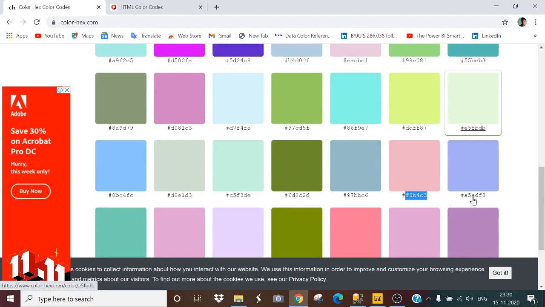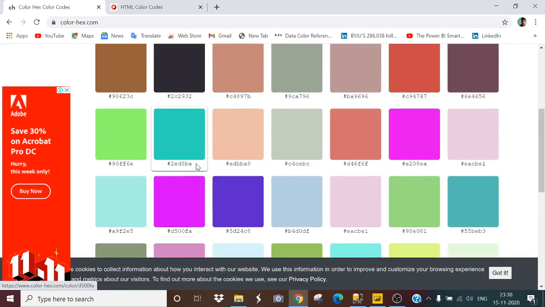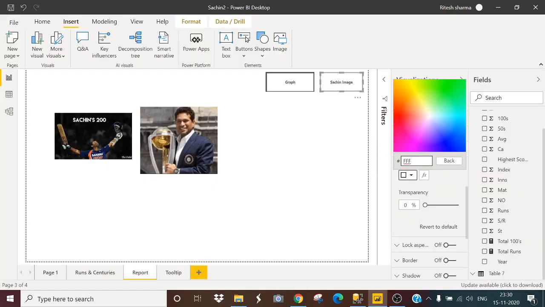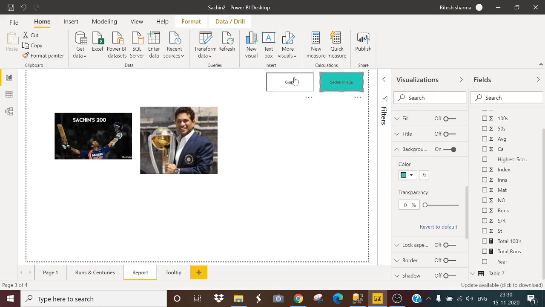Suppose it will be the same as green, this one, custom color green. Just select this and use the format painter here. Select this format painter.